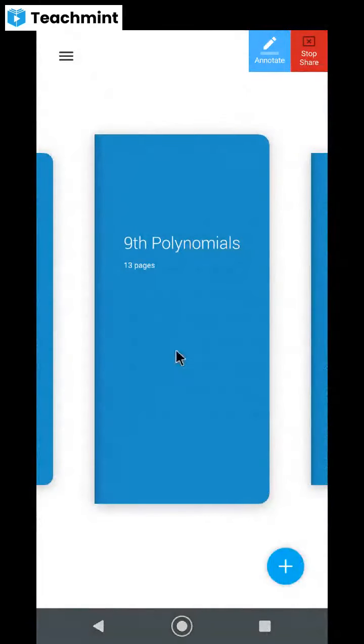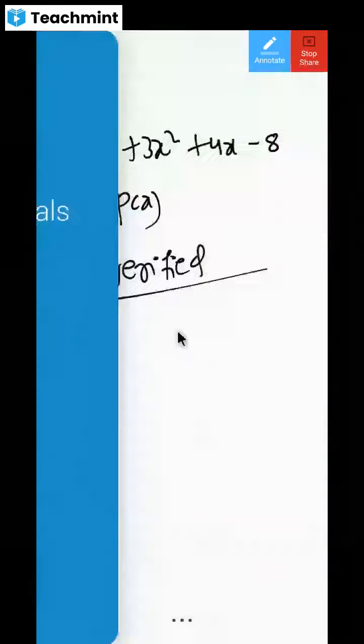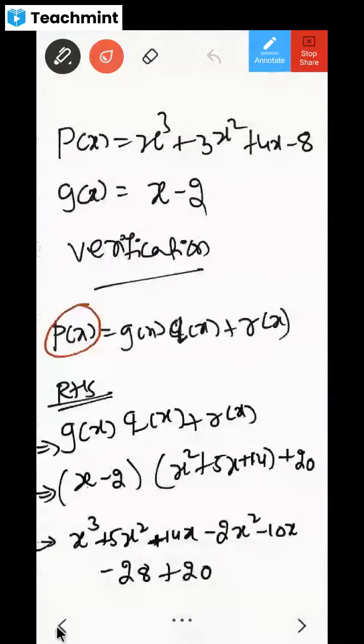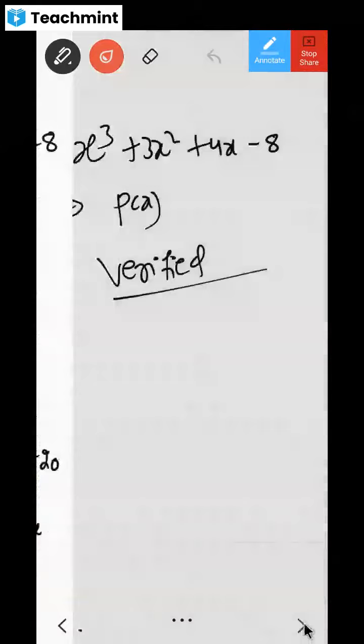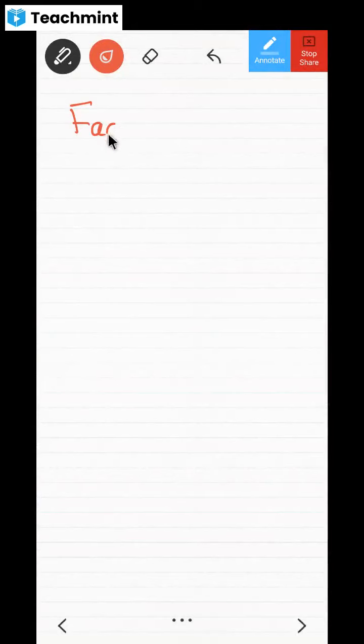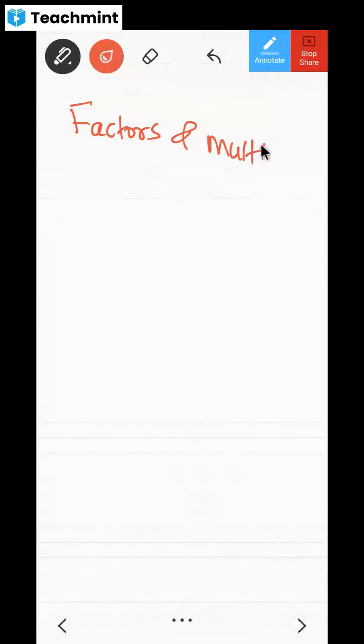We're looking at this chapter called polynomials. Let's have a look into this. We came up to the division of polynomials, and we understood how to do the division. Today, we'll discuss a little bit about factors and multiples. There are two words, okay? Factors and multiples. Let us try to understand them. Once we understand factors and multiples, we can go on with the next problems.